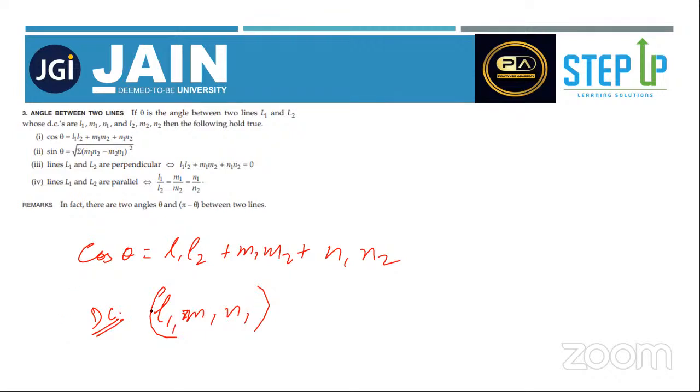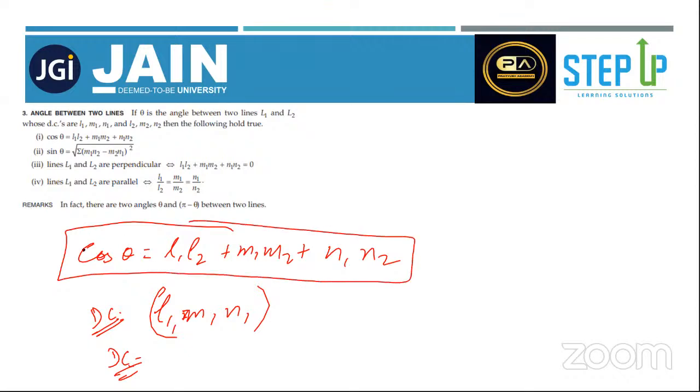L1, M1, N1 is direction cosine of the first line, and L2, M2, N2 is direction cosine of the second line. If we take the multiplication of that, that is